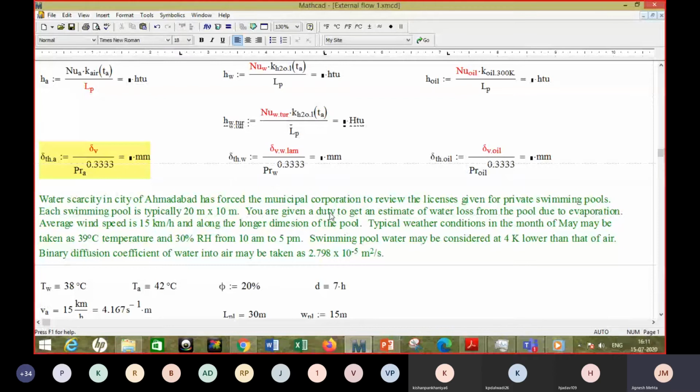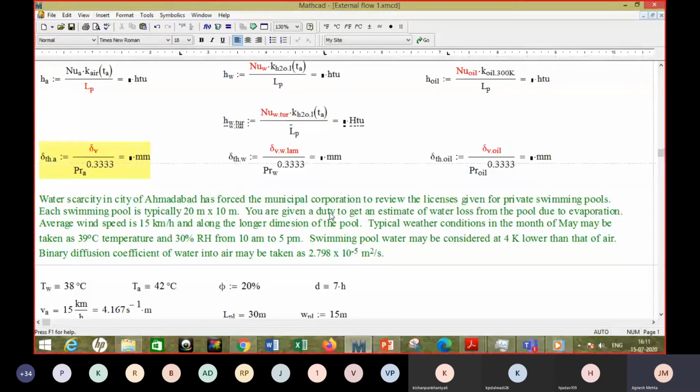Now you already know the correlation which is to be used to find the Nusselt number, even if it is a mixed flow condition case, that is, initially the flow is laminar and then it becomes turbulent. I had given the assignment: what is the correlation that you can use for the Nusselt number? From the Nusselt number you can get the heat transfer coefficient.